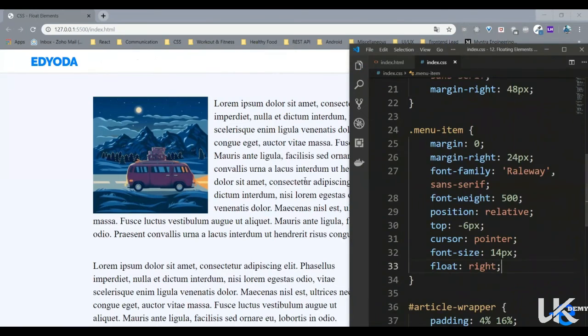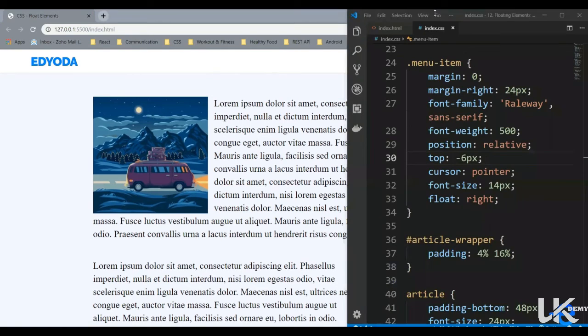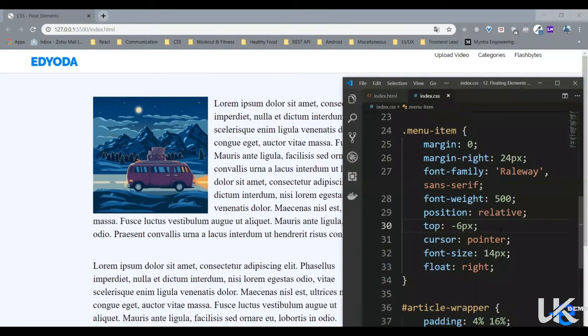Let's save it. And now as you can see, our menu items are on the right-hand side, although the styling is a bit off, so let's take care of that. Let's bring up our code editor. Right now, this menu item is position relative, and for top we have used -6 pixels. So let's bring it down to 0 first. So as you can see, on 0 it moved a bit down. That means if we